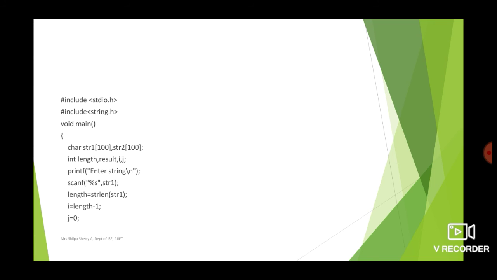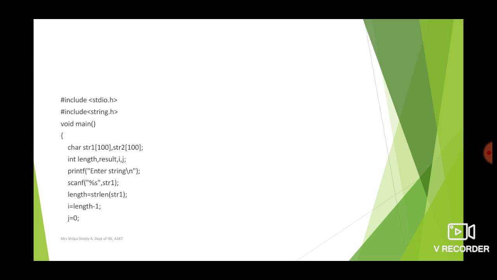Now, in order to find the reverse, let's assume that the original string is in str1, which has to be reversed and stored in str2.